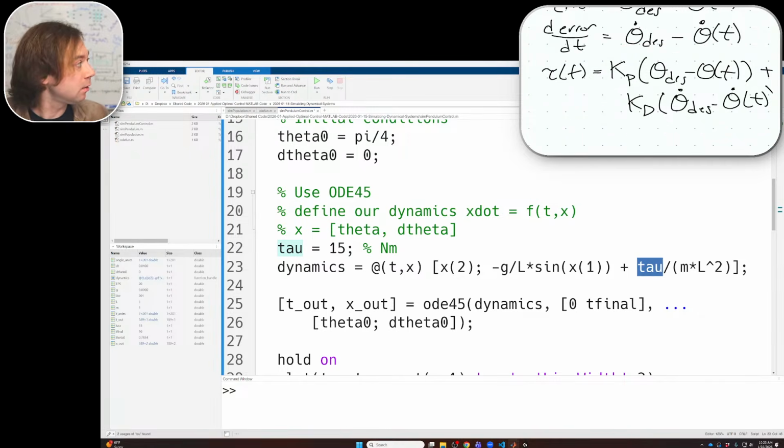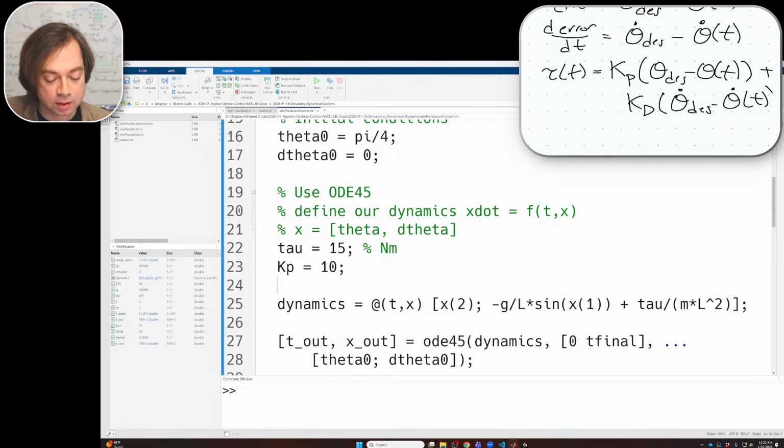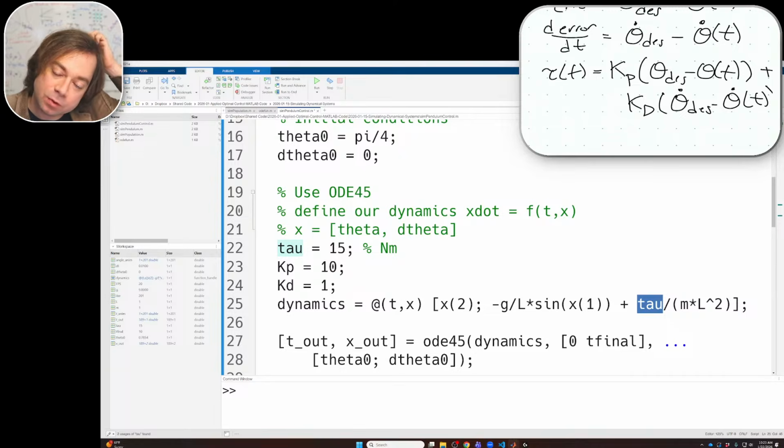We have to define a few things. We have to define Kp and define Kd. I'm just going to arbitrarily choose Kp as being 10. I'm going to choose Kd as just being 1. We're doing a little hand waving in terms of the design of the control here, but we just want to get the control in the code so that you can